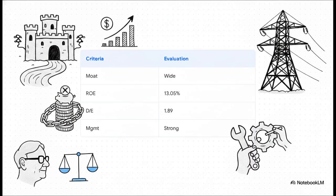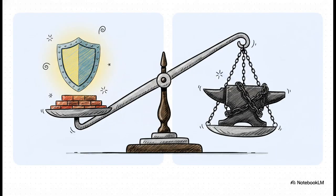But, and this is a big but, we have to look at the debt. A debt-to-equity ratio of 1.89 is undeniably high, and Buffett, as we know, strongly prefers unleveraged balance sheets. This actually brilliantly illustrates the classic utility paradox for a Buffett-style investor. Think about it. On one hand, you get incredible earnings consistency because the government basically guarantees your return on investment. But on the exact flip side, achieving that requires taking on massive debt to fund things like that $78 billion